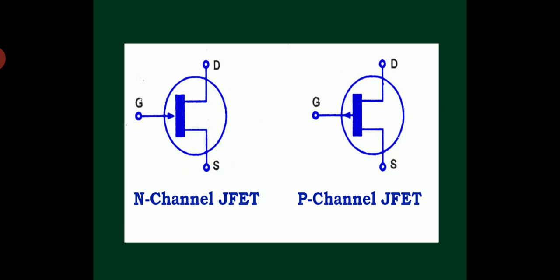If I want more logic density, I go for FETs. If I want more speed of operation, I go for BJTs. BJT is very fast to operate and FETs are somewhat slower when compared to BJTs, that's it.